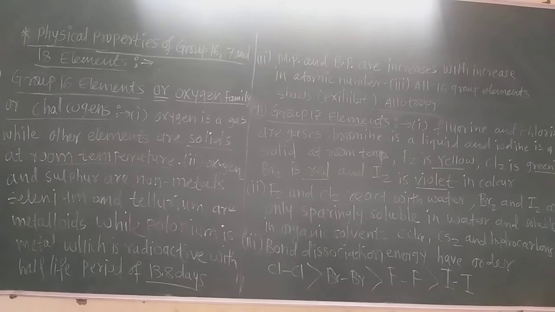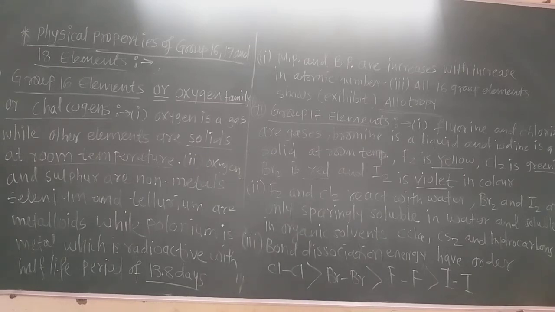Now oxygen is a gas. Now we are seeing only the physical property. Physical properties are about only the color, its physical state, its melting point, boiling point, density, etc. After the physical property, we have to study the chemical property of all these group elements. And in chemical property, there are reactions with oxygen, with air, or with oxidizing acids, or with non-oxidizing acid, or with alkalis. What happens to these elements we will see later. Now first see the physical properties only.